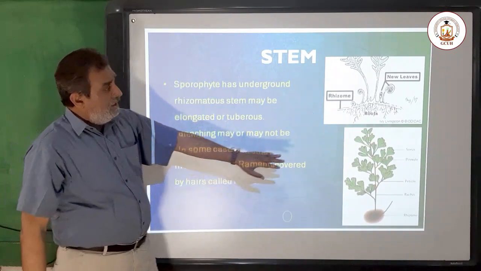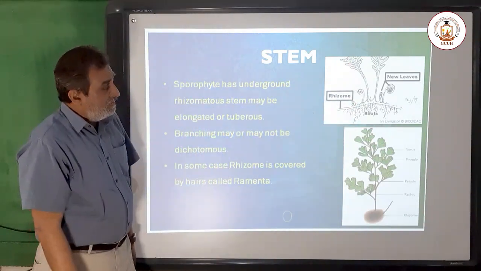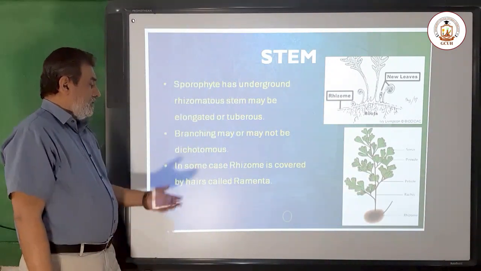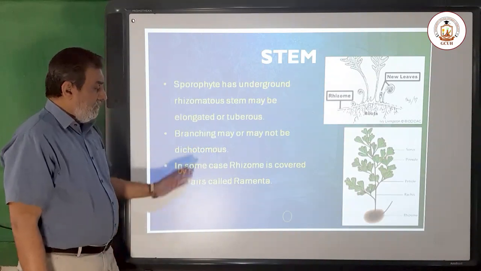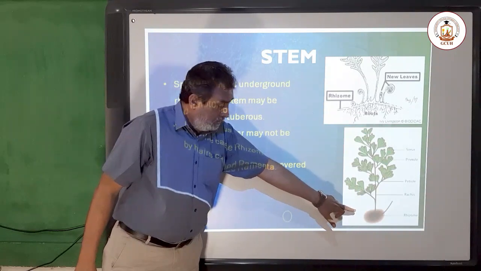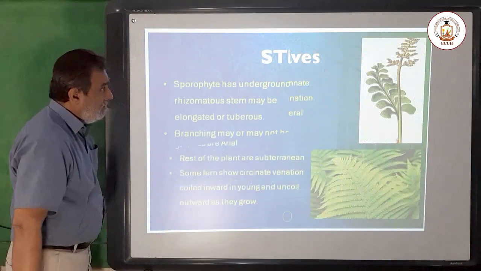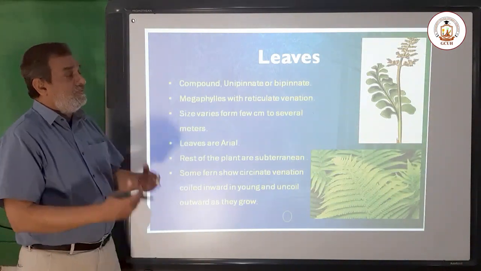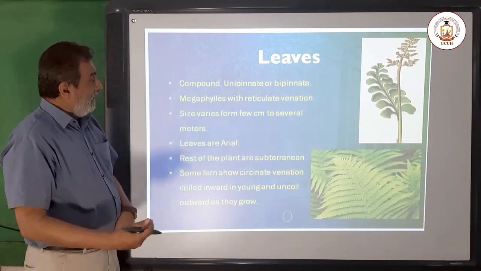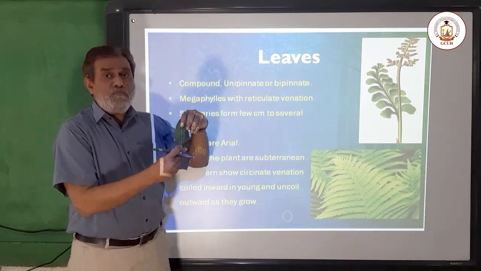Branching: if you see here, the leaves are directly attached to it, and the branching is alternate, so dichotomous or alternate. In some cases the rhizome is covered by hairs, as I told you before. Now, if we see the leaf, we have discussed just now that the leaves are metaphylls. They are compound leaves. I have told you that a simple leaf